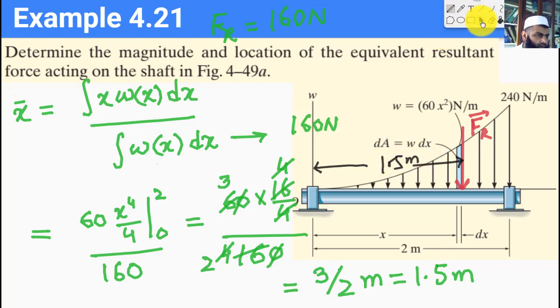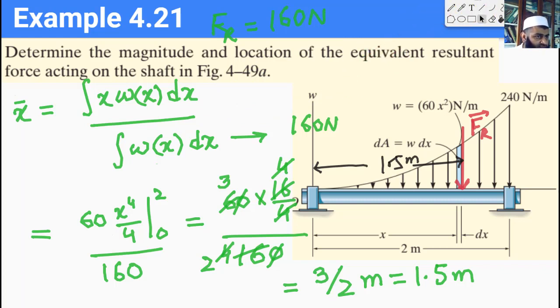Okay, so that's it. In terms of evaluation and calculation, this is actually easier, because as engineers we are trained to solve integrals much more often than we are trained to solve summations. Okay, so let's look at one more example.